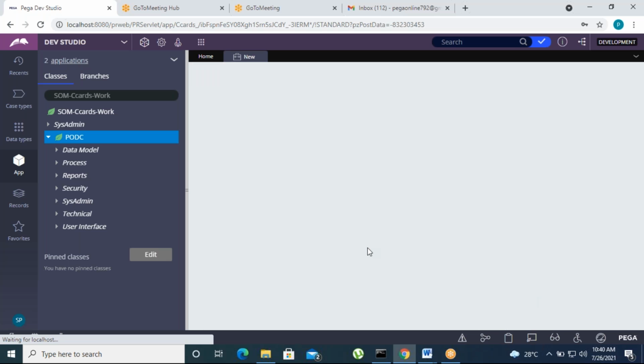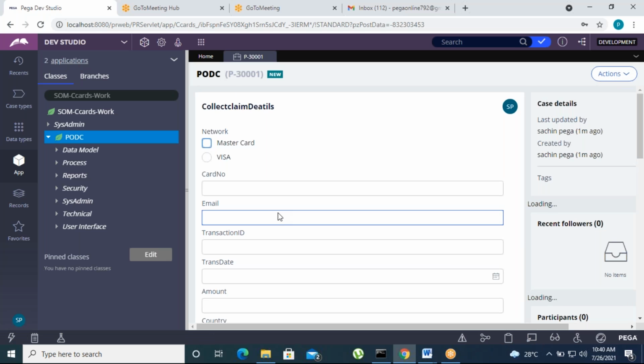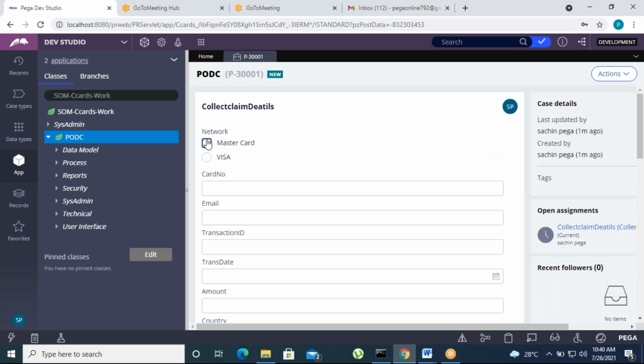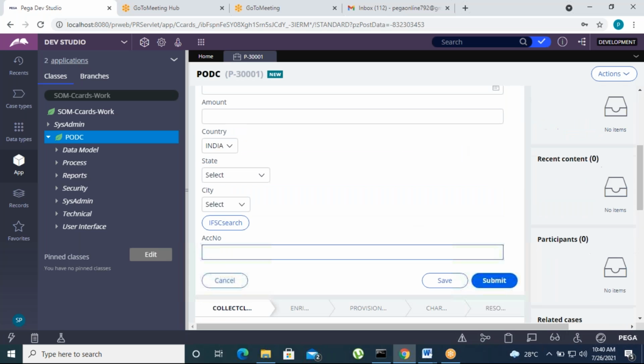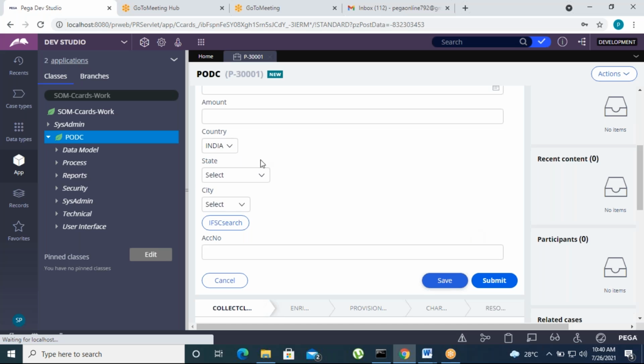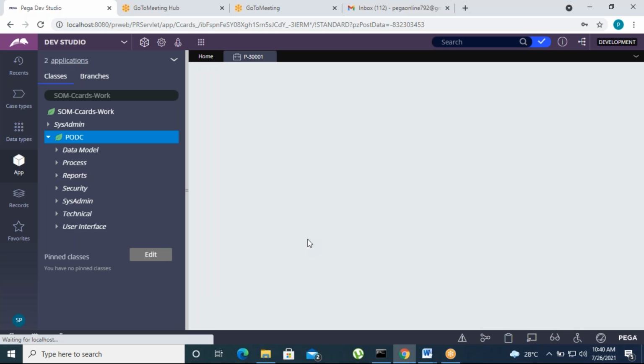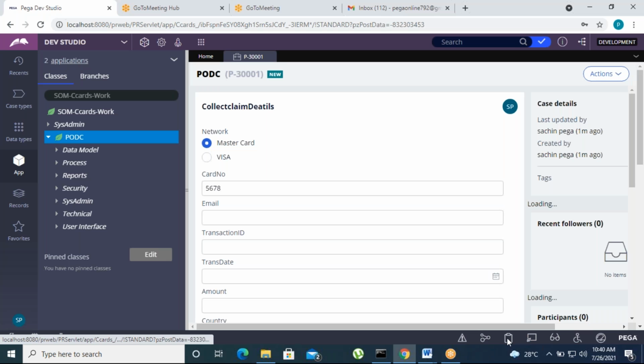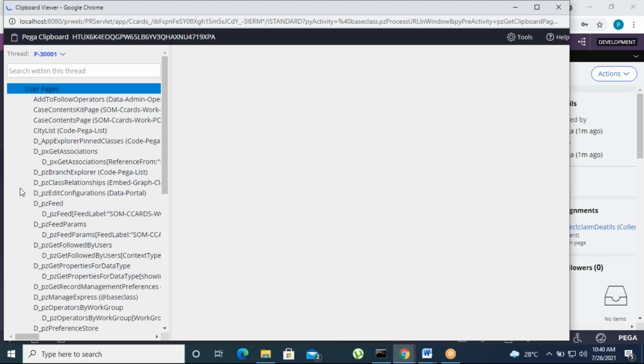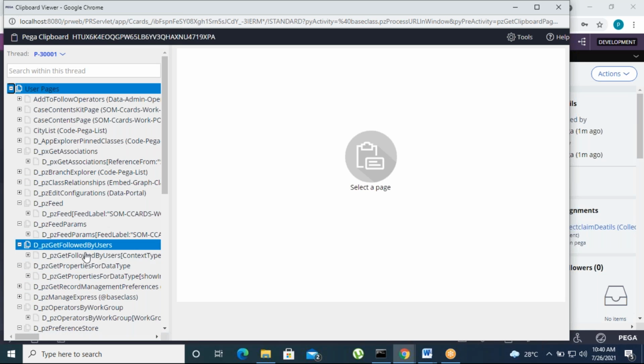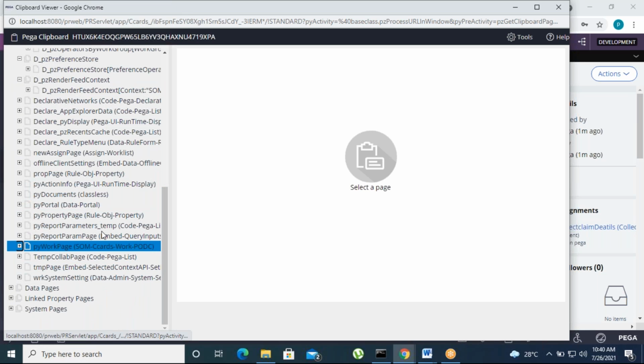Your requirement is, suppose you just enter some MasterCard number, and a MasterCard will always start with 5 and so on, and click on save. This data will be copied into the clipboard. In this clipboard we have the pyWorkPage. The pyWorkPage holds the data by default. The pyWorkPage holds the work object data or case information. Suppose you open this pyWorkPage,